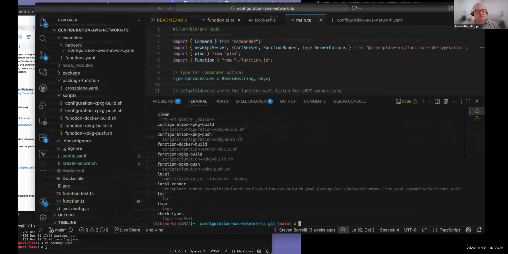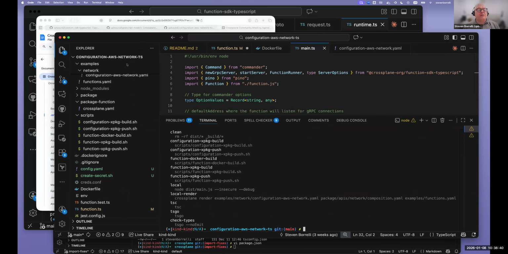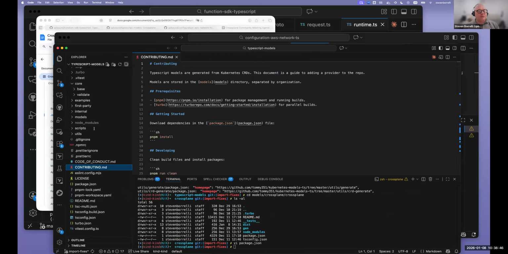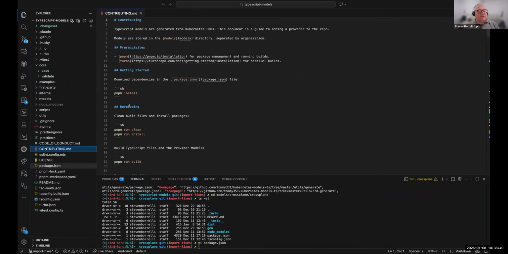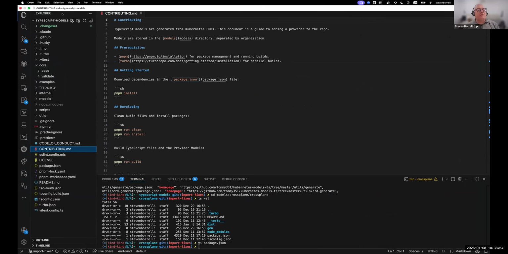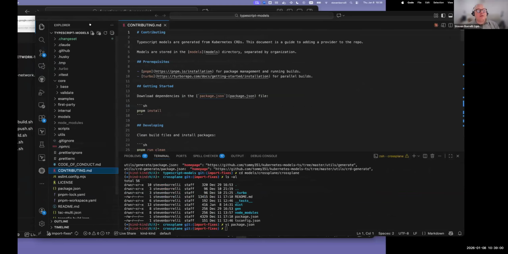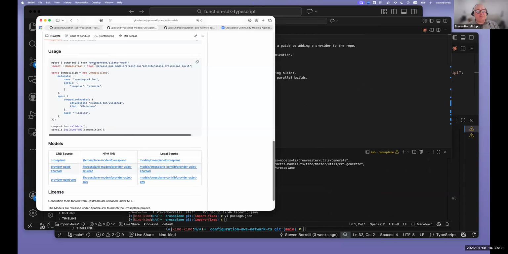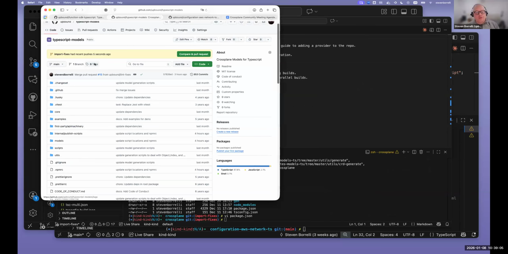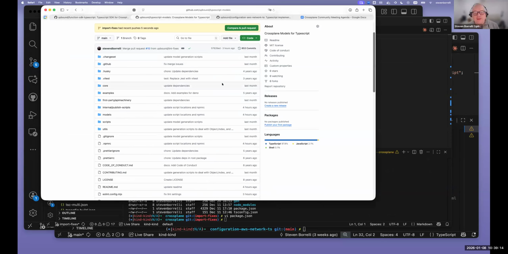So Marcus, you were asking about the models, right? Yep. So we have a TypeScript models repo, and these are all pushed to, let me see if I can go to the GitHub repo for this. I am building upon other work. There's a TypeScript project called Kubernetes models. That's kind of a mono repo, and I didn't want to use it, because Crossplane is a little unique in that it has thousands and thousands of CRDs. I thought it'd be better to have something separate.